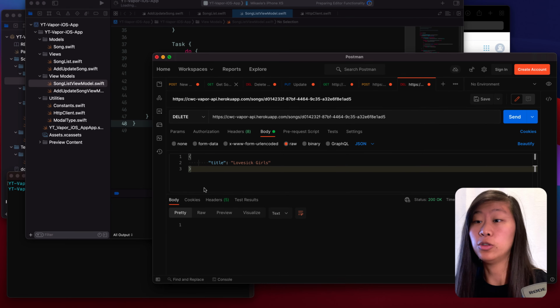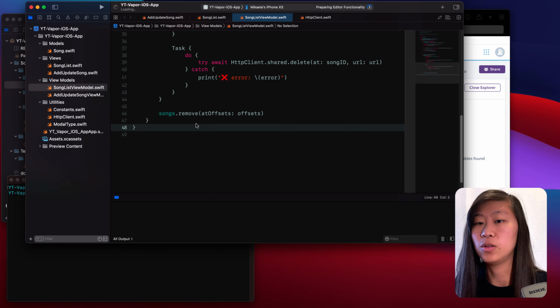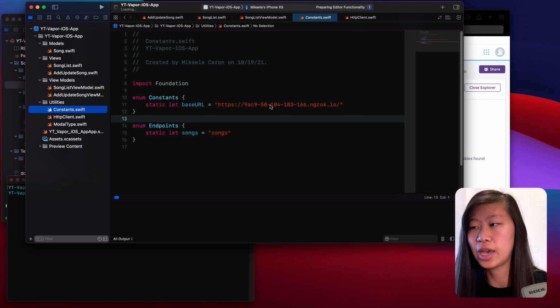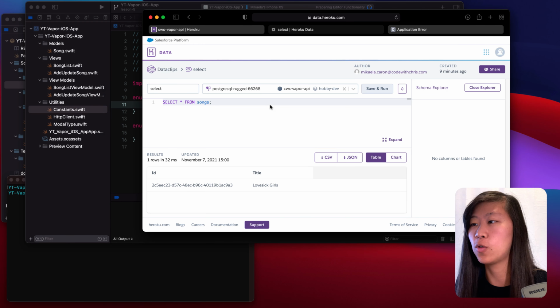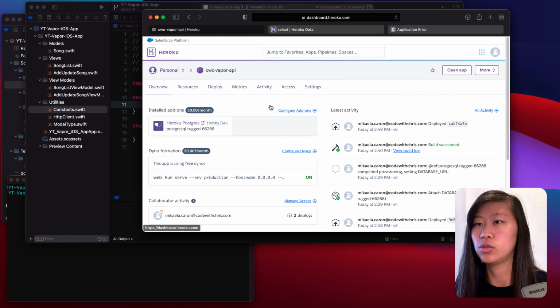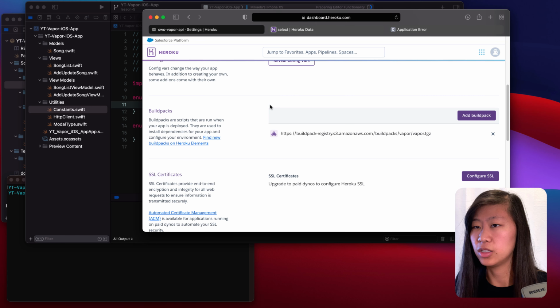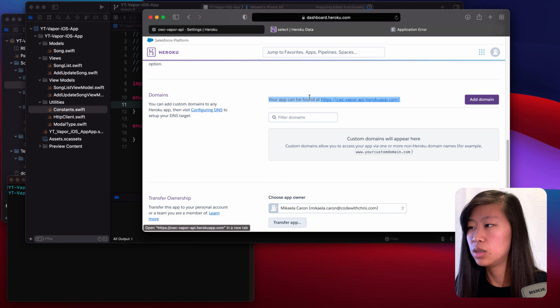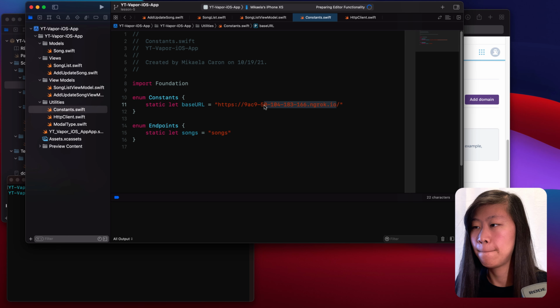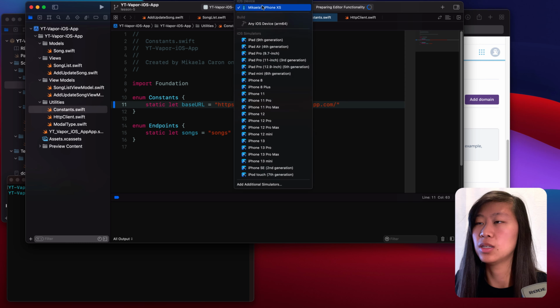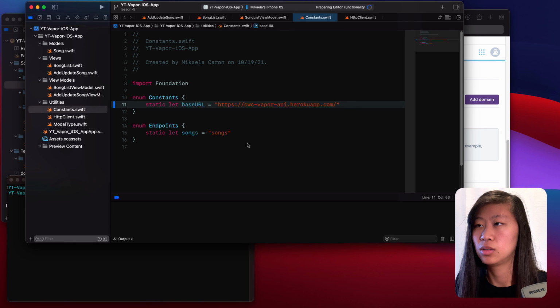Let me close Postman because we don't need it anymore because we've confirmed everything works. And all we need to do for our iOS app is go to the constants file. And instead of using our ngrok URL, we want to use the one for our application. So let's go to the Heroku app, click on settings, and scroll down to domains. We want to copy this URL and paste that right here. And make sure you still have one slash at the end. So if we do that, and let's change this from my cell phone to the simulator, and click on run,